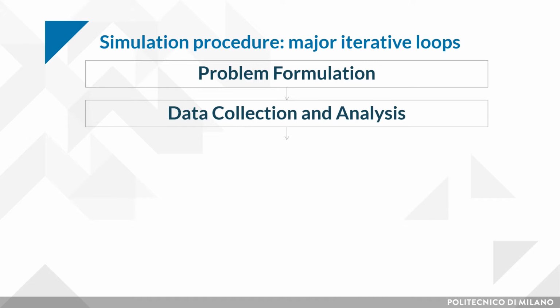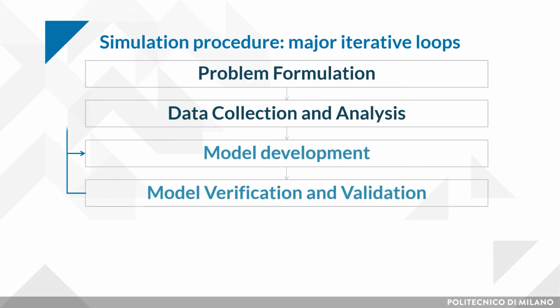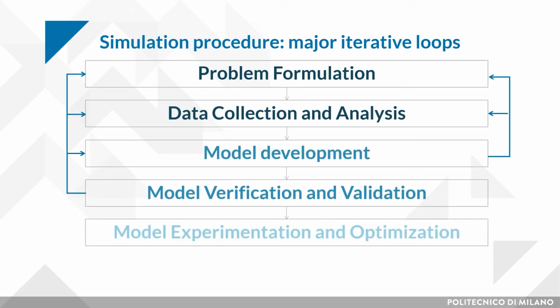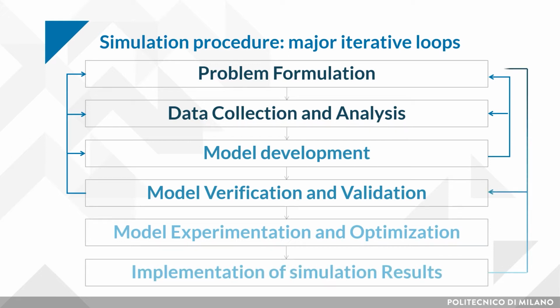Modeling is arguably the most important part of a simulation study. Indeed, a simulation study is as good as the simulation model when it follows a specific procedure based on correlated steps of an iterative loop. First step, problem formulation. Once you have identified a problem, you may select the bounds of the problem or a part thereof to be studied, to formulate the problem as precisely as possible.